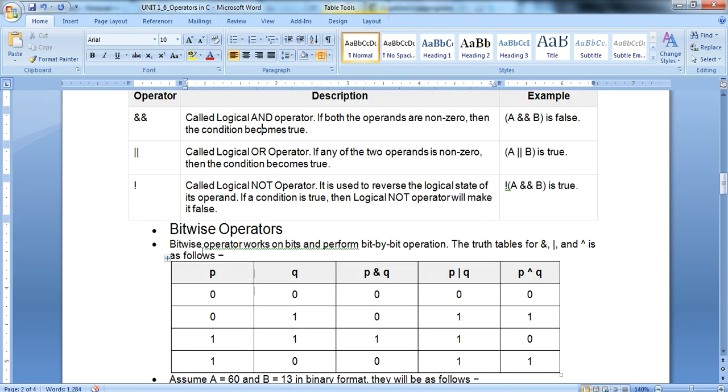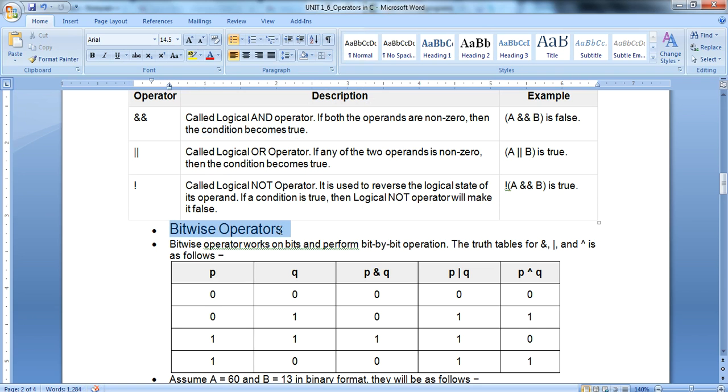Now the bitwise operators, that one is simple. With the bitwise operator, if we use the single and, the basic of this is like the logical AND operator: if both operands are non-zero, then the condition becomes true. That is 1 and 1, then it returns 1.